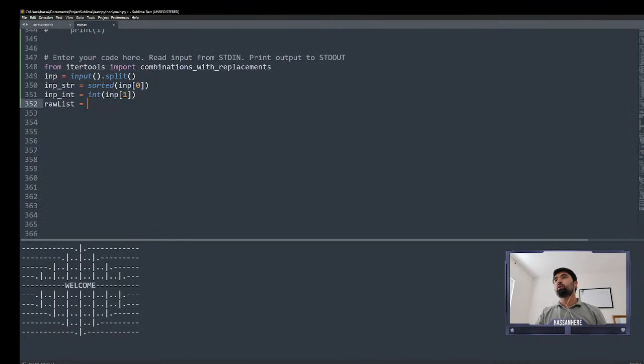Okay, raw list will be the same things. Accidentally, I just raw list will be the list with the combinations with replacements that will take in two inputs as the input string and input integer, and for i in